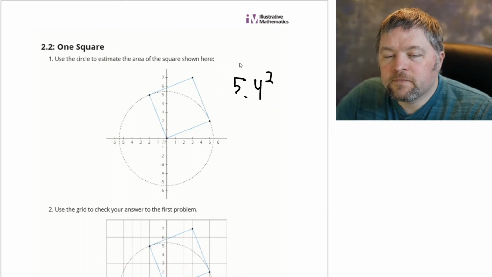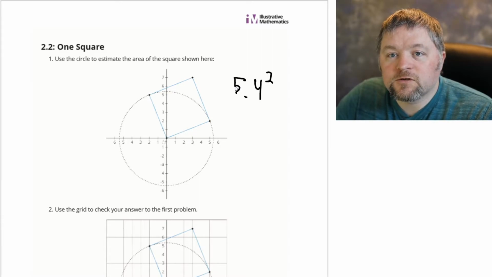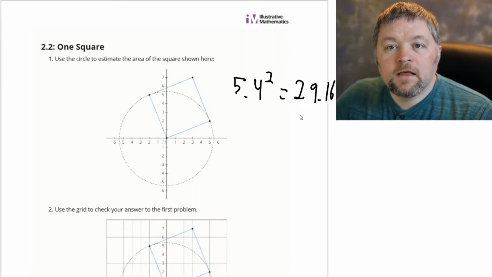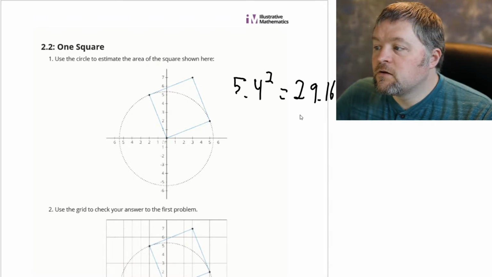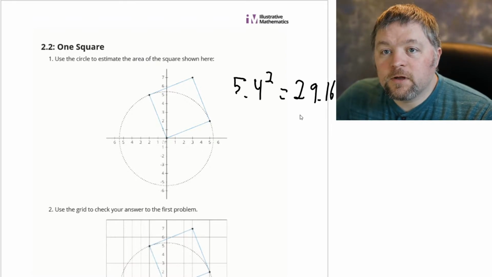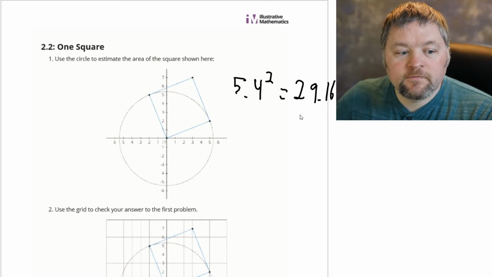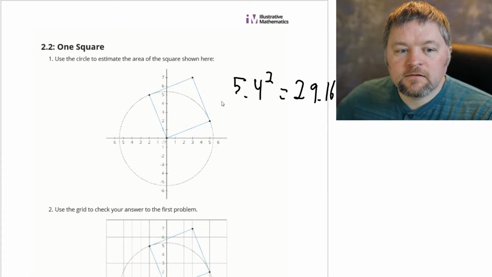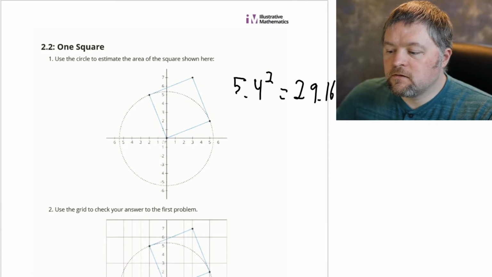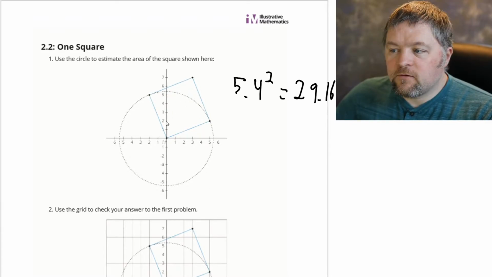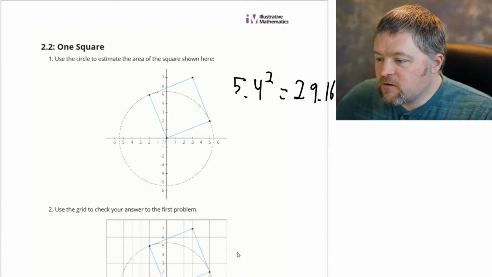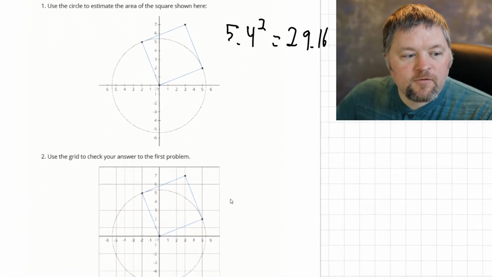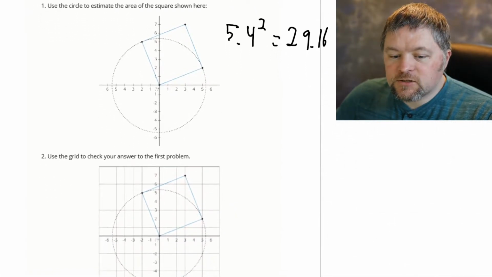Well, what is 5.4 squared? It is 29.16. So if that is our estimate for the area of this square going by the estimate from that radius,